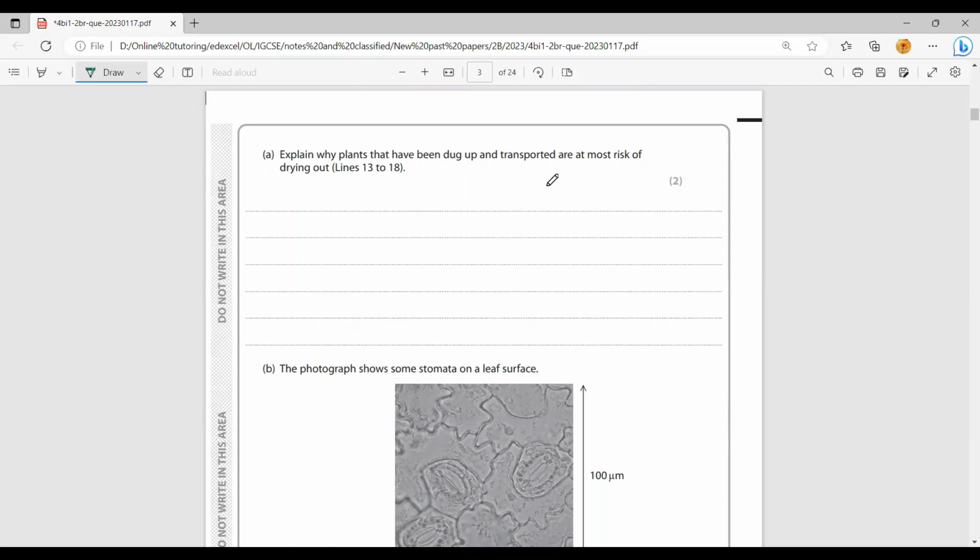Let's start النهارده بزياد. Okay, so as the plant has been dug up, the root will not be in the soil. Yes. So the water will not be